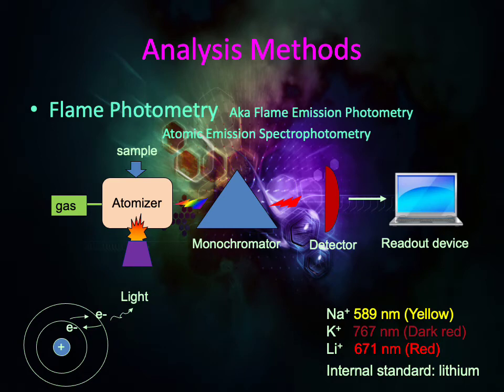Flame photometry is an atomic emission method for the routine analysis of electrolytes, primarily sodium and potassium, as well as lithium and calcium. Quantitative analysis of these electrolytes is performed by measuring the light emitted from solutions containing the electrolyte. Patient samples are aspirated into the flame. The hot flame evaporates the solvent, in this case water, atomizes the metal, the electrolyte, and excites a valence electron